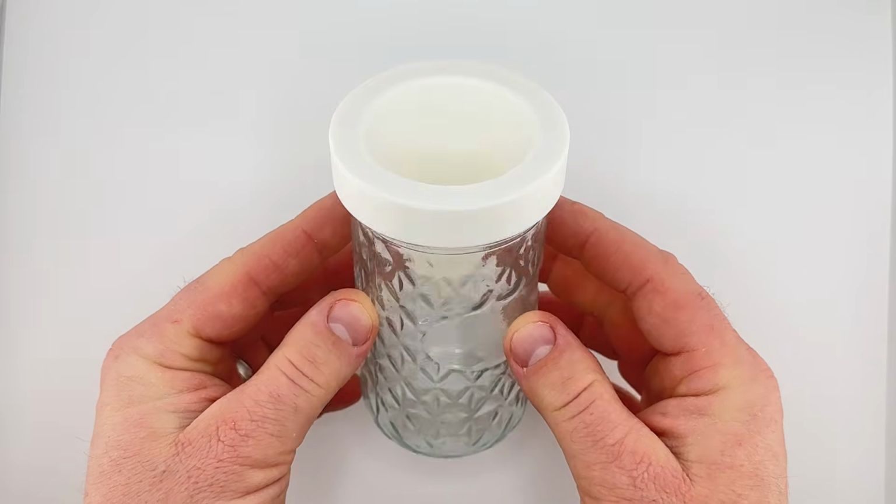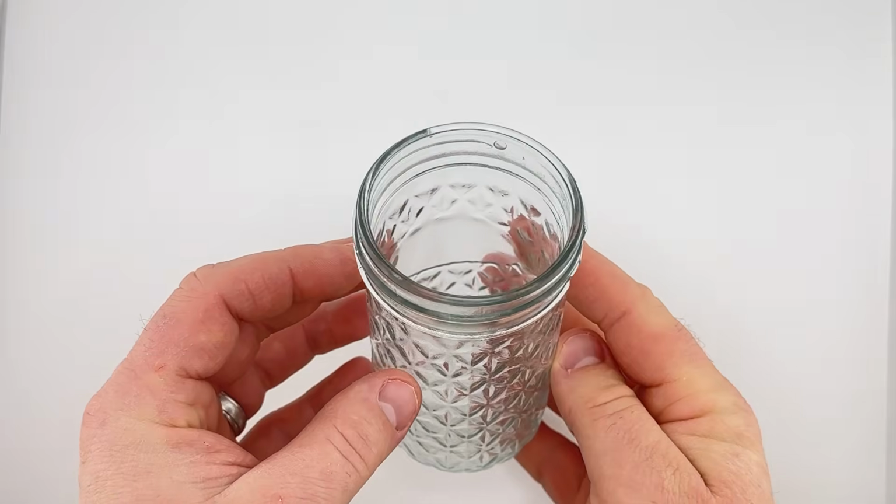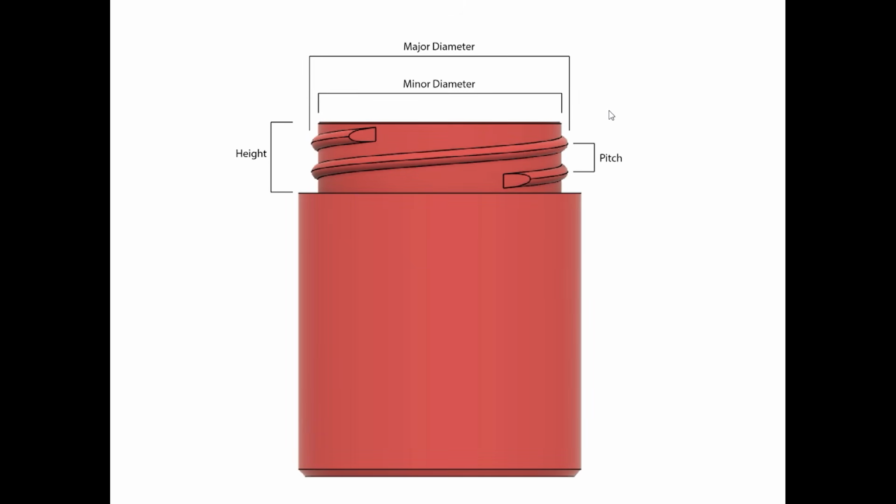In today's video, we're going to make a gnat catcher out of this mason jar. And to get started, we need to take a few measurements. We need to take all of these measurements with our calipers, except instead of the minor diameter, we're going to